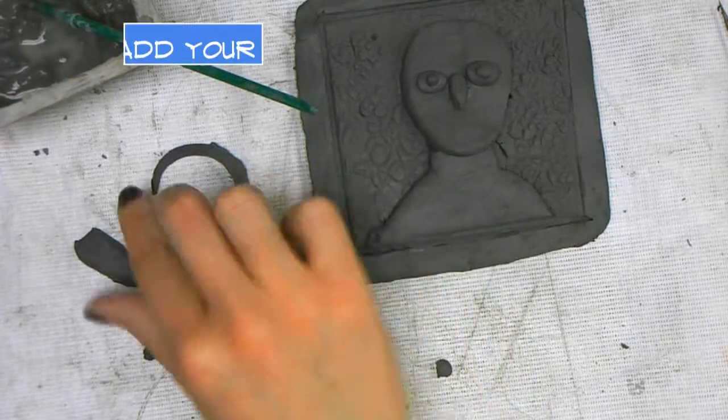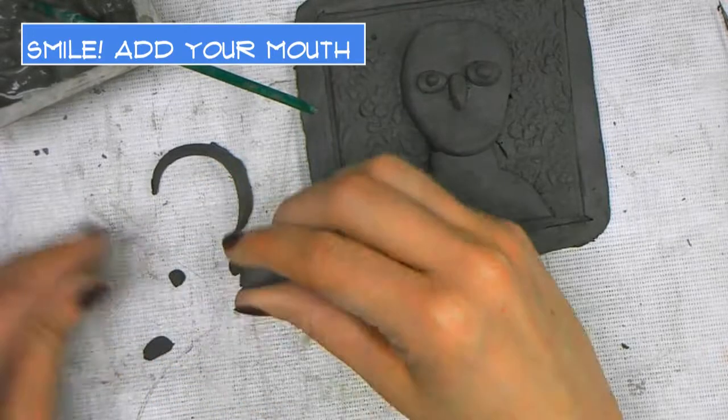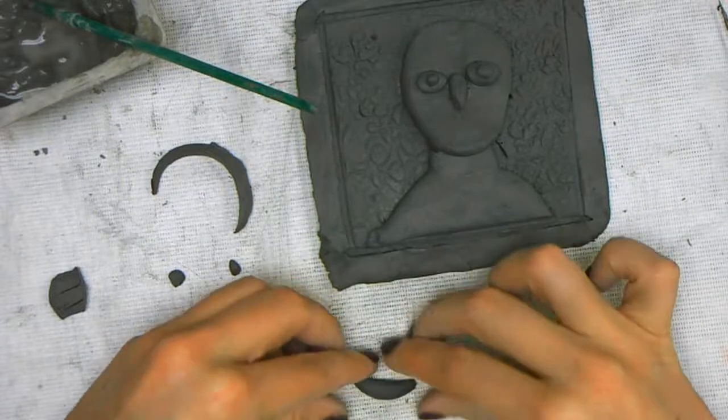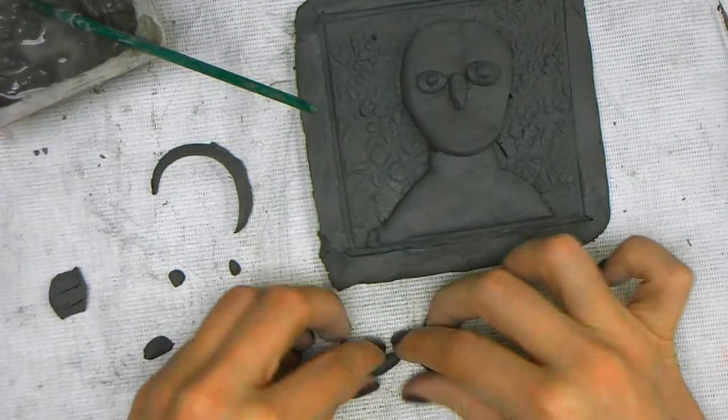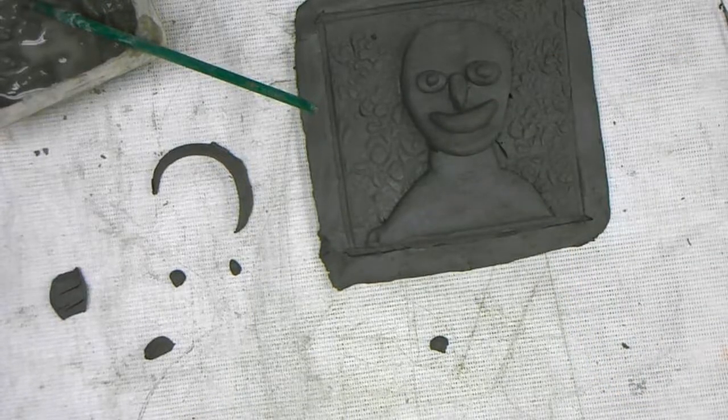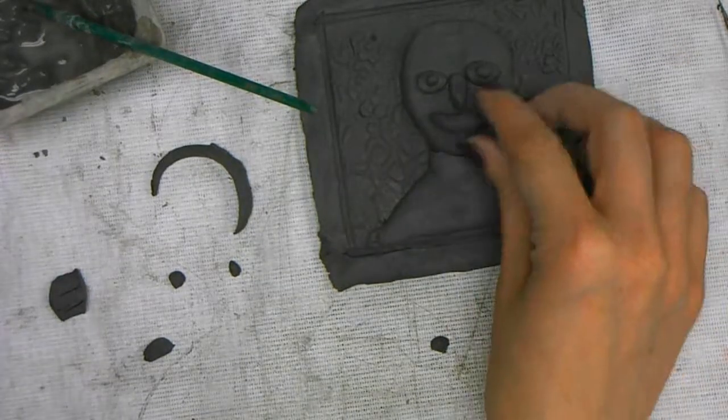Now I'm ready to add my smile. And this can be done in numerous different ways. I can take a coil and just curve it. That's an easy smile. I can also take that same coil